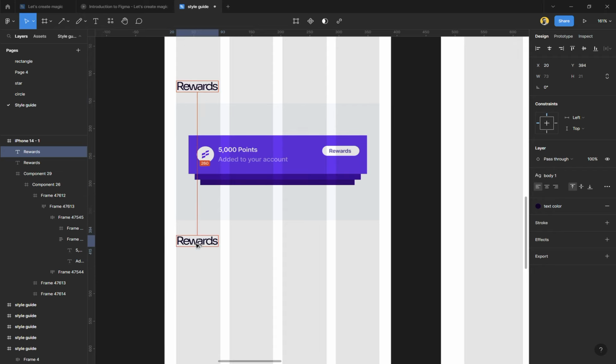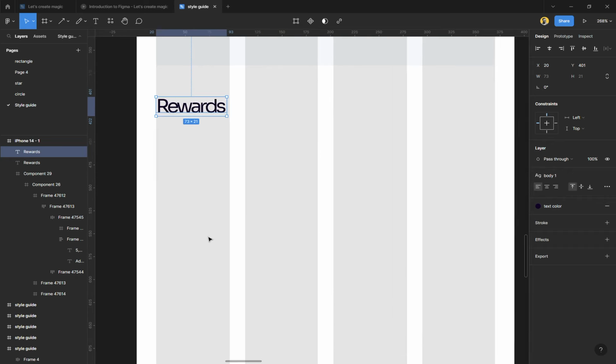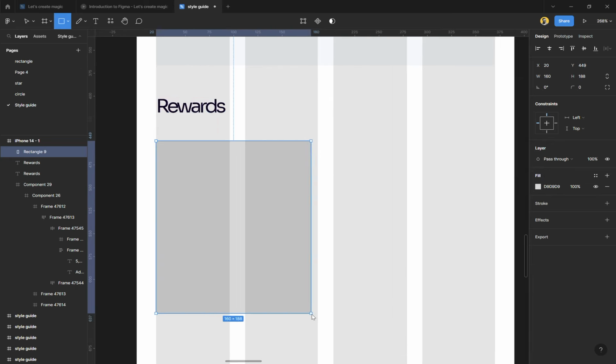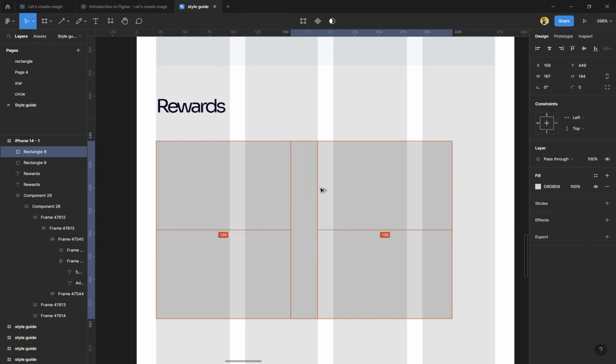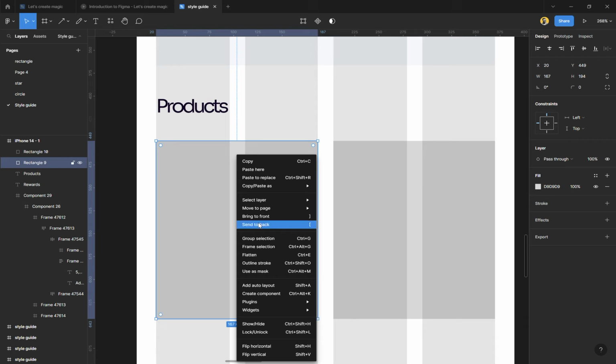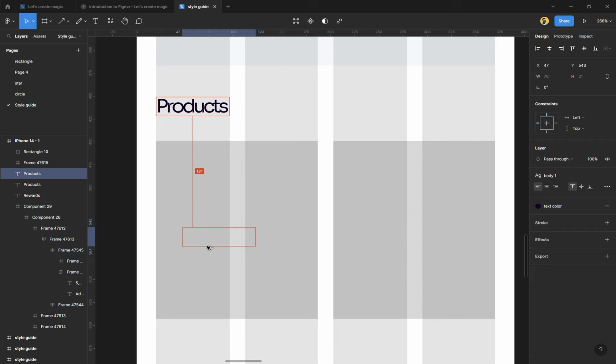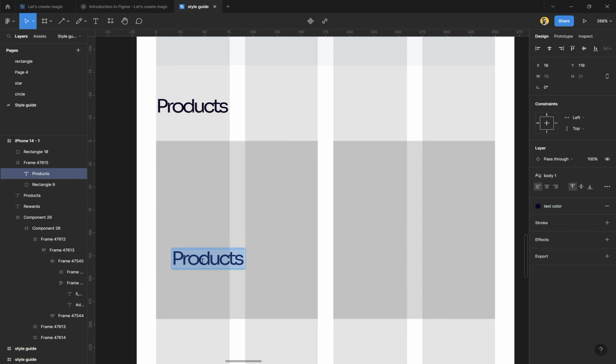All right, bring it downwards, and we can create more of something like that, but we're going to just use shapes. So we have this and we have this. Let's say this is products. You know what, let's design something in it. So I'm going to right click on this and click on frame selection, and I'm going to bring this into this. We're going to title this iPhone, because I love iPhones, iPhone 15,